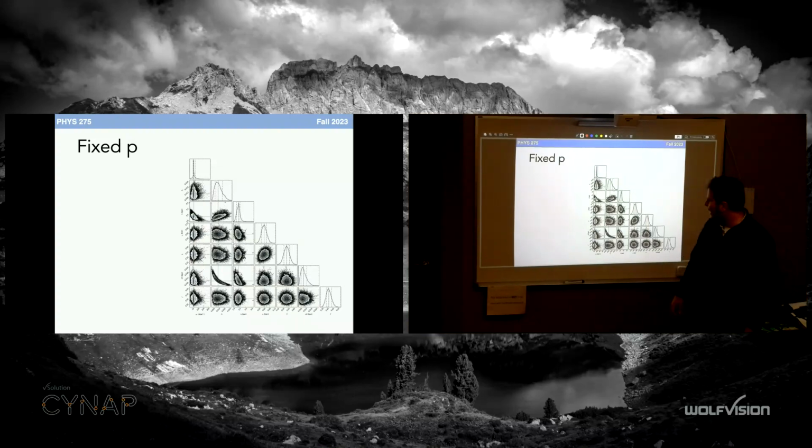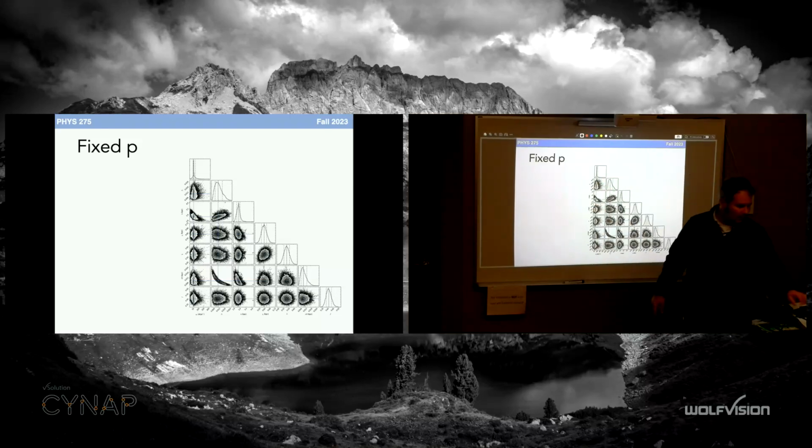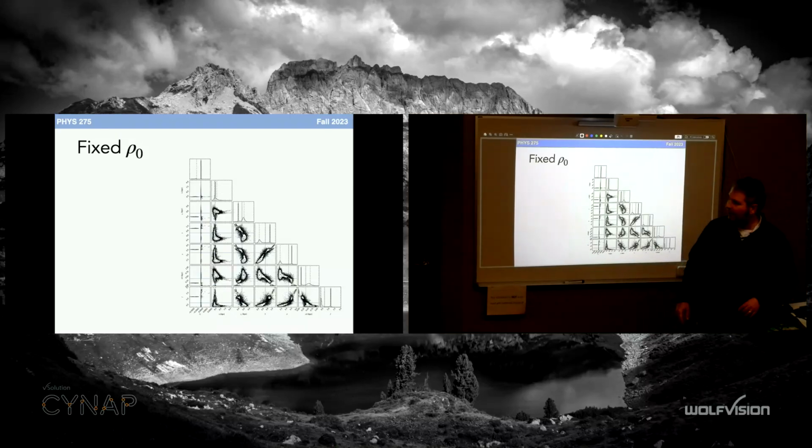I fix P. Once again, something goes wonky here, and I'm not so sure, we introduced 2 degeneracies. So you can sort of estimate, if I start seeing neat little round results, that's the better model. I can visually compare the models immediately. I'm a very visual person, but you can also look at these posterior distributions and go, whew, something's really off here. And if I say I fix R naught, let's say we know what the density of stars is in the center of our Milky Way. Absolutely not, right? We've got to leave that free.